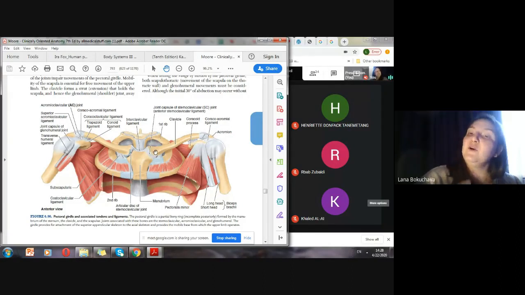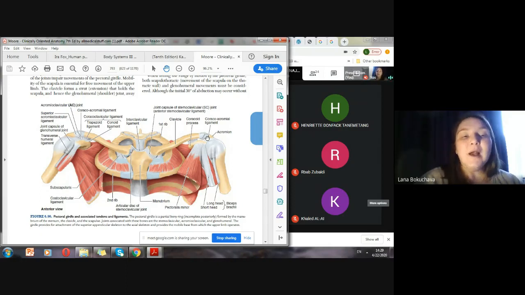Also, this is for the medial part of the clavicle and its stabilization. But from the other side, we said that we do have a portion of the acromial end of the clavicle. And in the case of the acromial end, which is attached to the acromion, here we do have the acromioclavicular joint, which also has a large capsule composed of, for example, the superior acromioclavicular